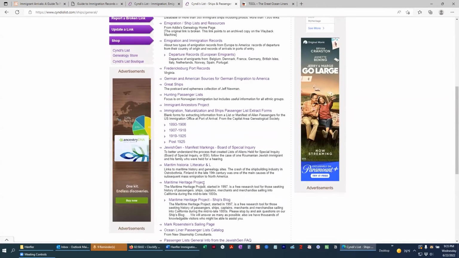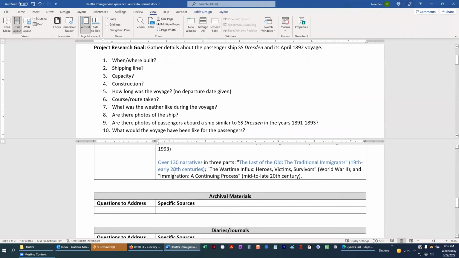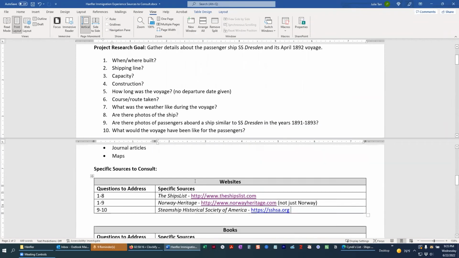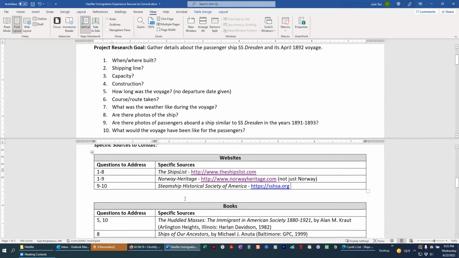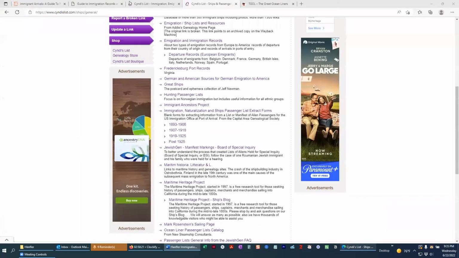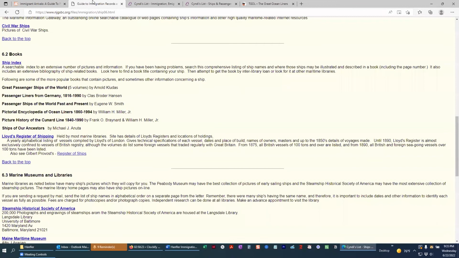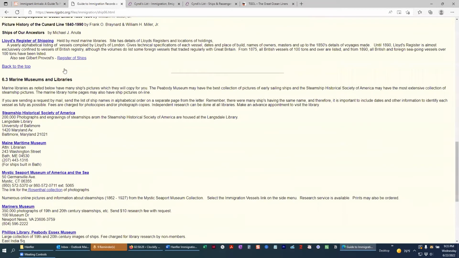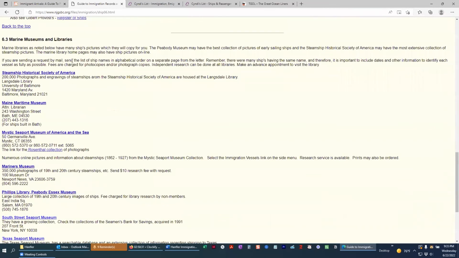But again, I'm just going to go through and kind of read these descriptions, see if anything matches. If there's no description, I'll take a look at it and see, does it apply to any of the questions? And if so, I will come over here and add it to my list. In most cases, like from Cindy's list, will be websites. That other website, this one, where did it go? This one has a couple books, so I may have that. And then these would more than likely kind of fall under my archival materials, because that's more than likely what would be